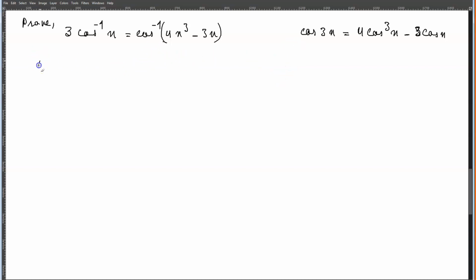So if I say that, let, for example, x be equal to cos theta, then basically theta is equal to cos inverse of x, right? Now the RHS